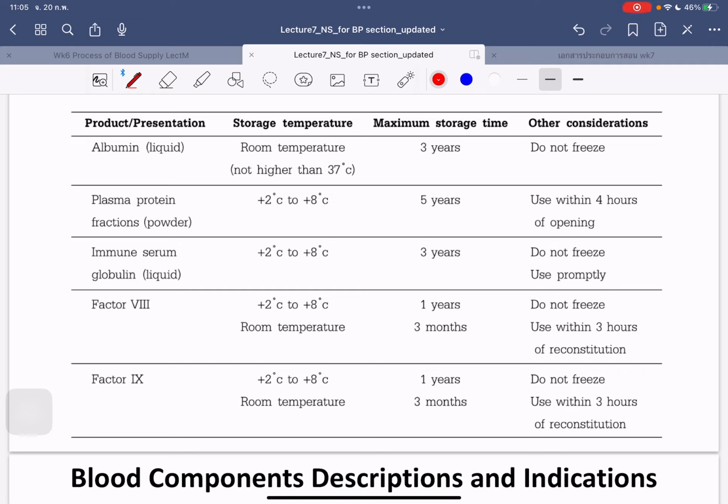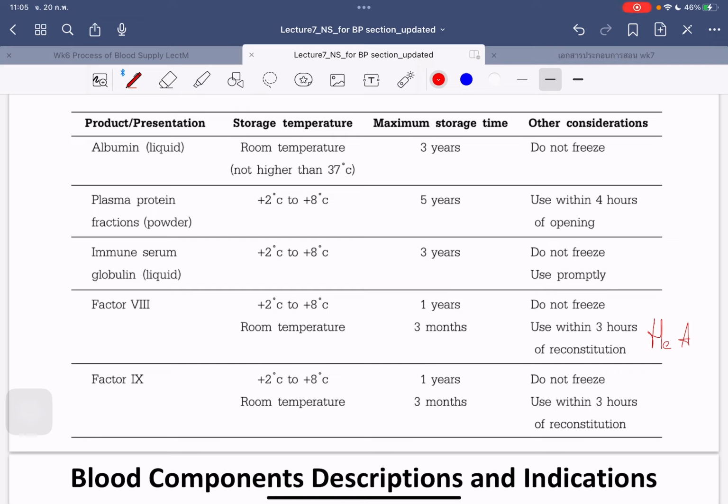May I ask you, factor VIII is for treatment of which disease? Hemophilia. Hemophilia A, excellent. Yes, sometimes we have factor VIII concentrate or purified factor VIII for treatment of hemophilia A. Okay, so next we have to understand